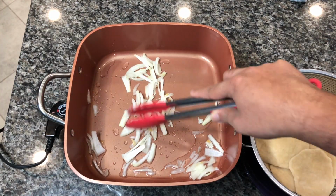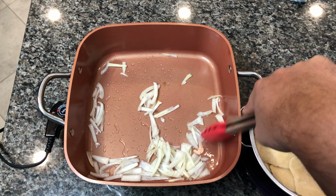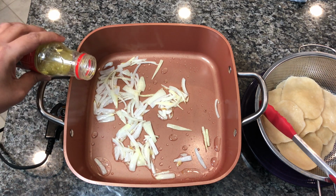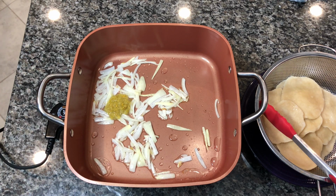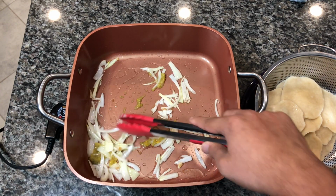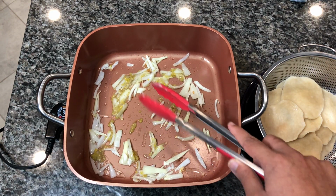After the dumplings are finished boiling, what I like to do is I like to fry out my dumplings. And I'm gonna start with a little bit of onions, let that onion saute. Once that onion's been sauteing, I'm gonna add some of this pimento seasoning. And if you don't have the fresh pimento, go ahead and use the Bertie's pimento seasoning. That's what I have. I've been trying to grow a pimento plant, but it's not working, so I gotta stick